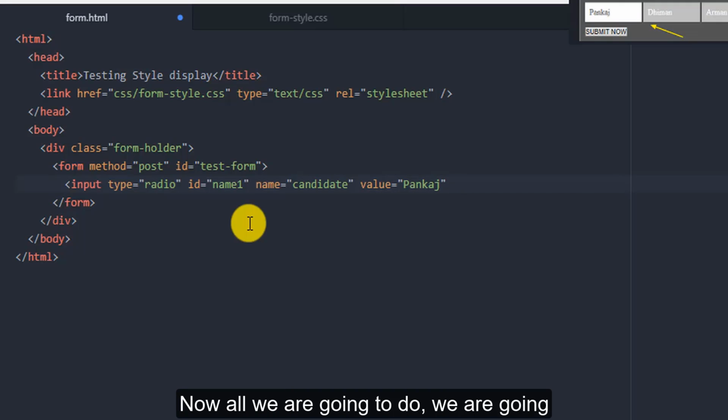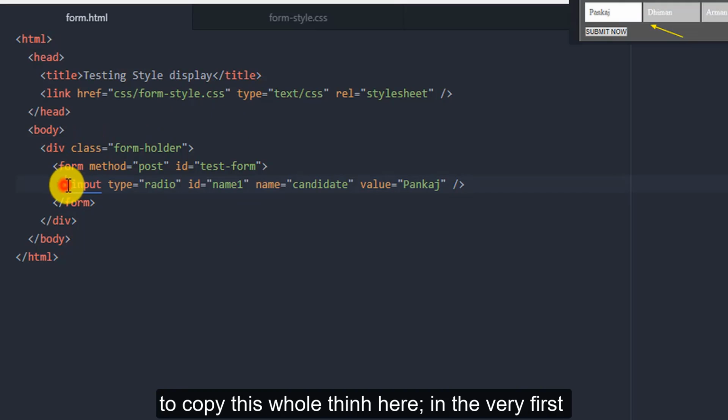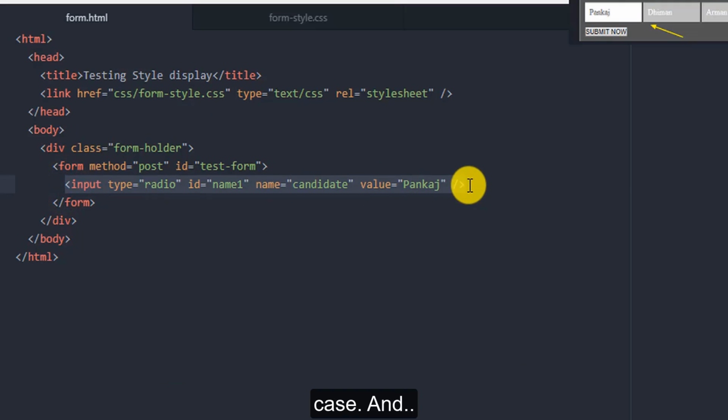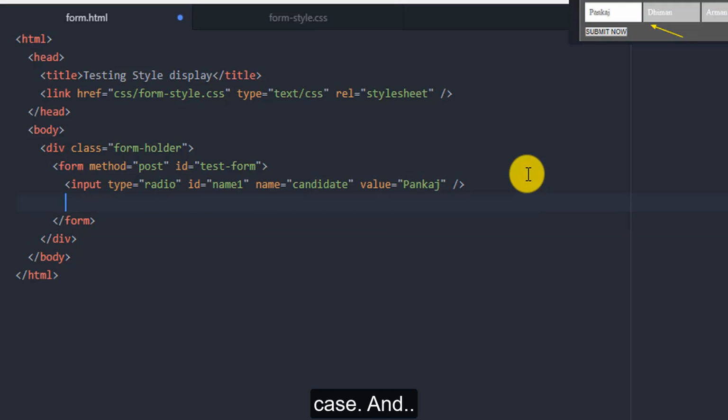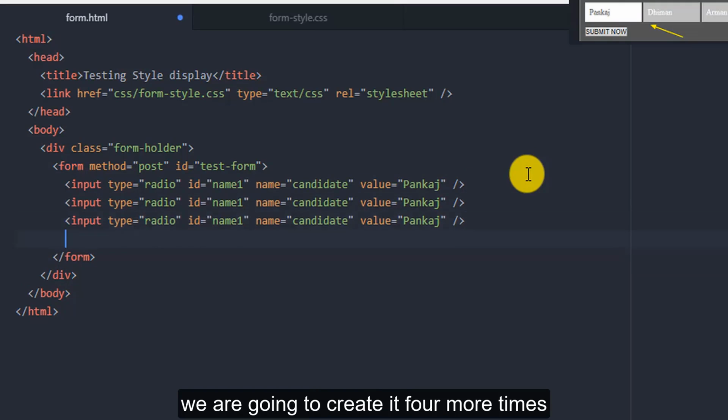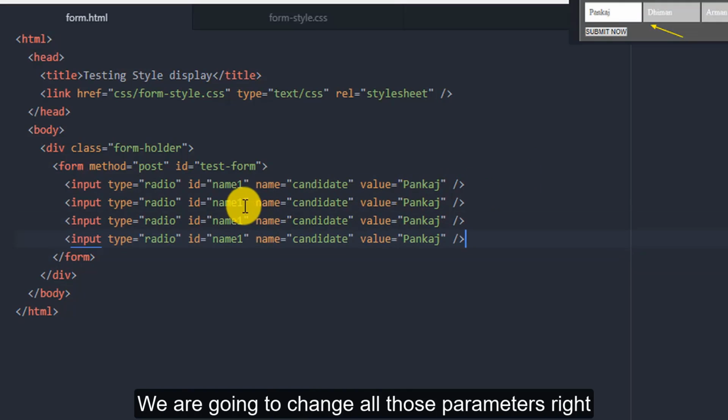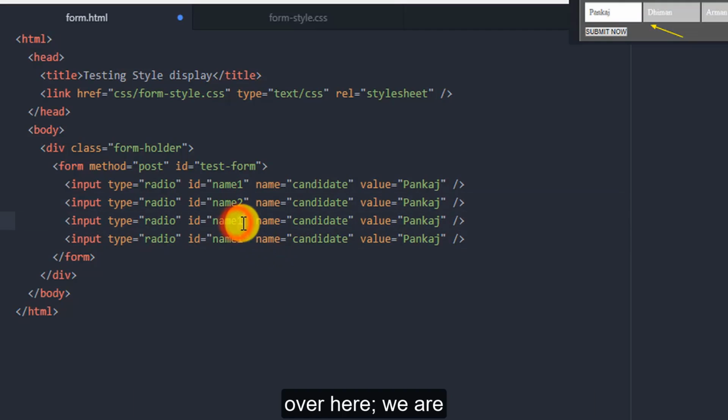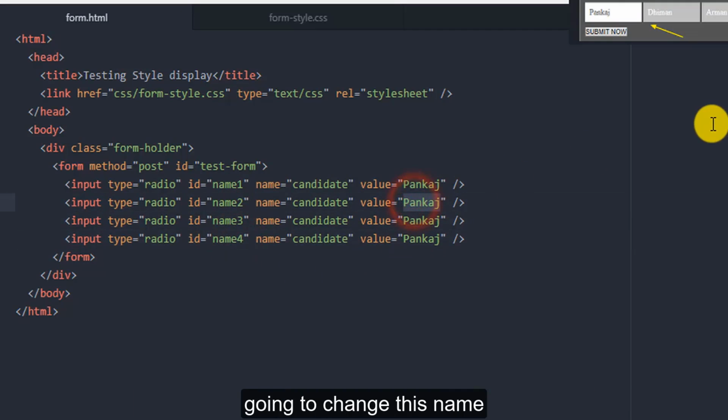Now we are going to copy this whole thing, and we are going to create it 4 more times. We are going to change all those parameters right over here. We are going to change this name.